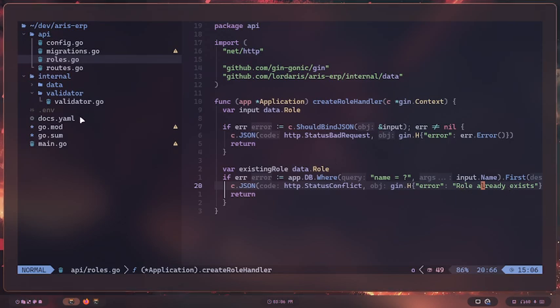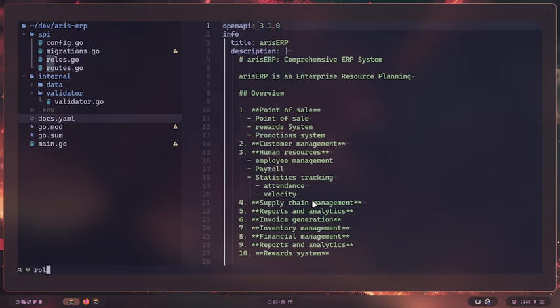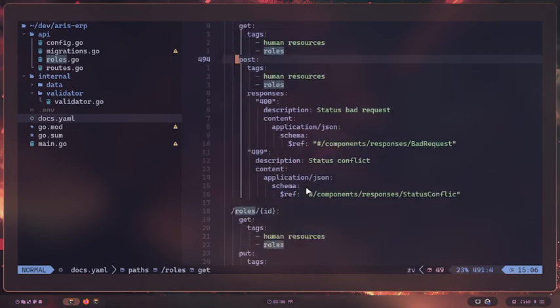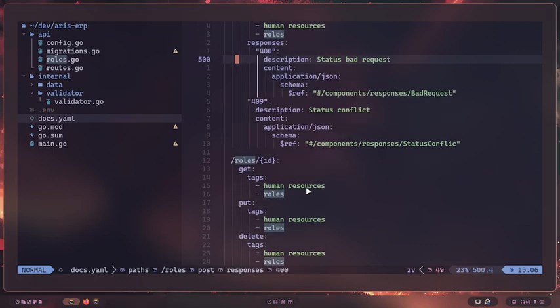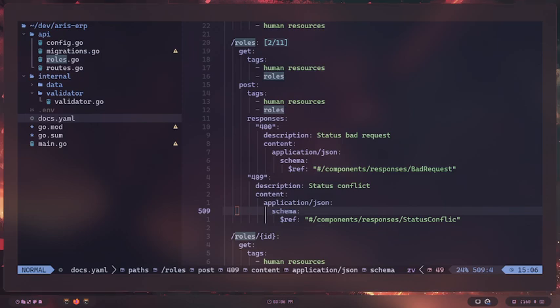I should add something exactly like that. So I can add an example here, like